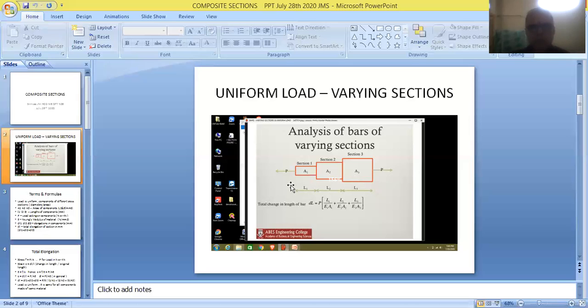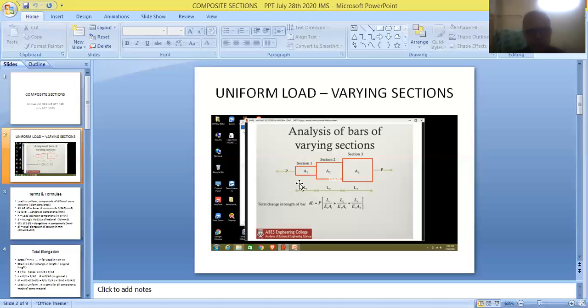And friends, finally the load acting on the section is shown at the edges. This is the first end of the composite section, and this is the second, other end of the section. So the load particulars are given at the ends of the composite section. Friends, capital P is the notation letter to be used for indicating the load acting on the section.